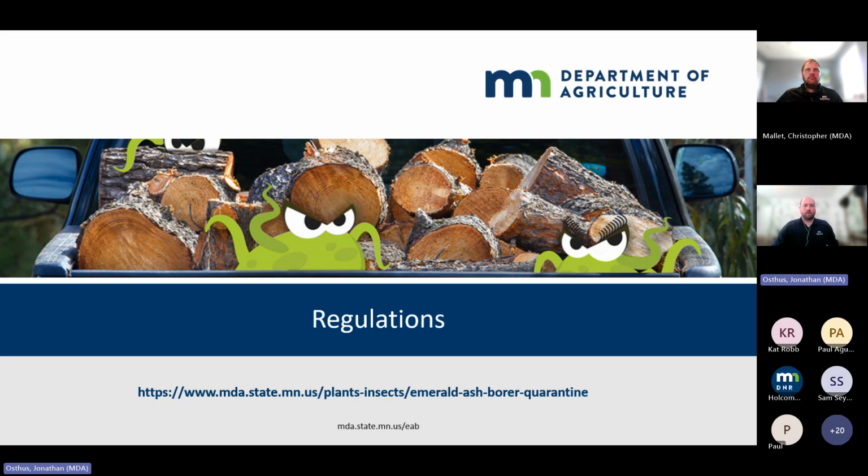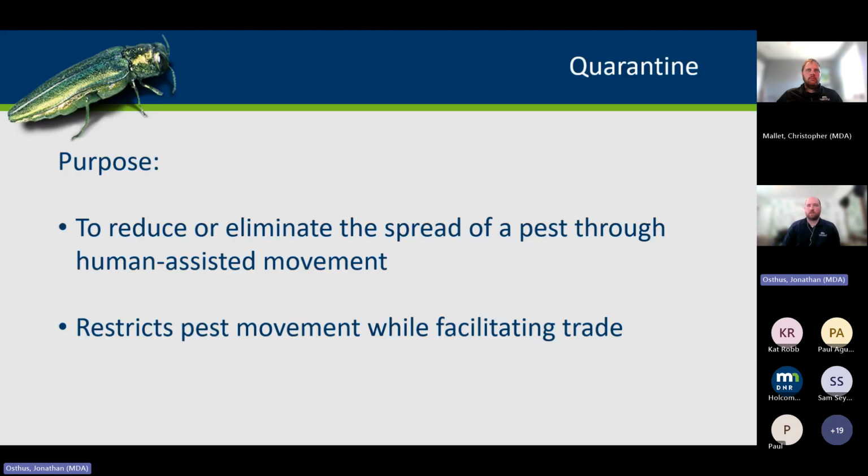All right, so next up is regulations. There are a few regulations associated with this insect, and that involves the movement of any ash material or hardwood firewood. The purpose of the quarantines is to reduce or eliminate the spread of the pest through human-assisted movement. So we know the insect itself moves on average 1 to 2 miles a year on